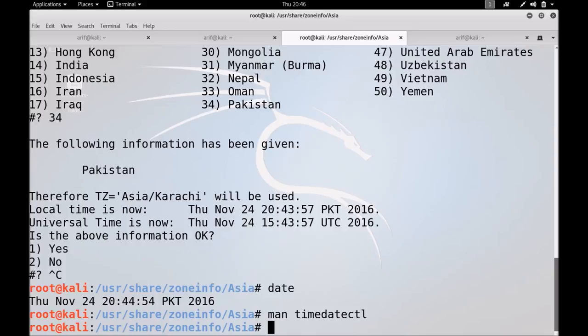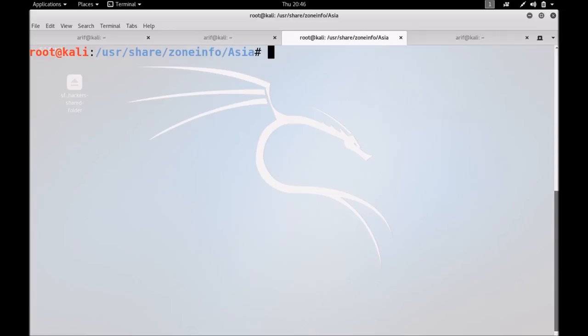Before we close today's session, I just want to touch upon one more important and related concept, and that is locales. Let me clear the screen. Well, students, you all know that there are thousands of languages that are spoken across the world.